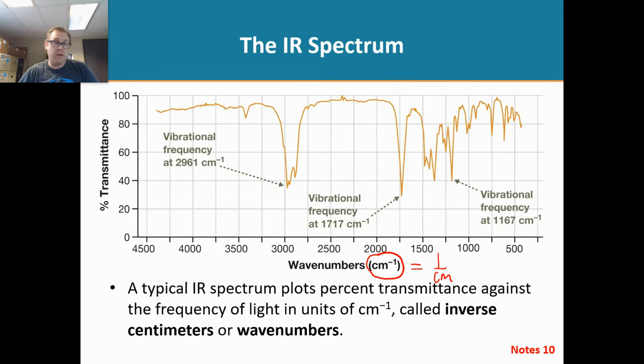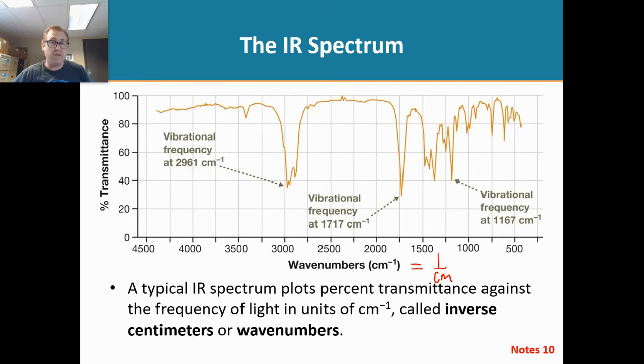We can look at wavelengths in nanometers, meters, any kind of unit, but in IR, they use centimeters, and then we look at it as an inverse centimeter. So that's the definition of a wave number, its inverse